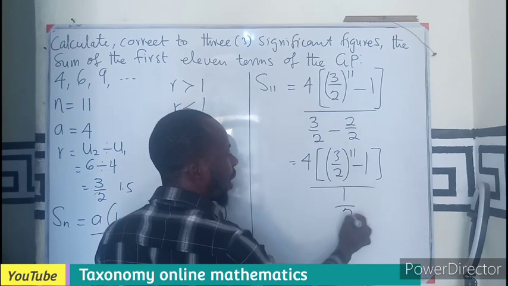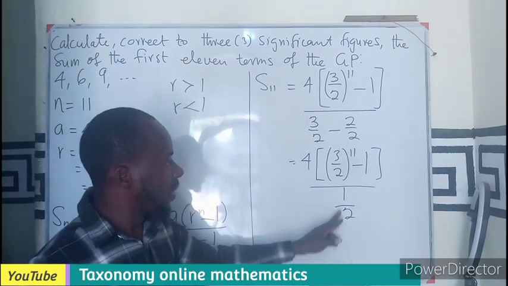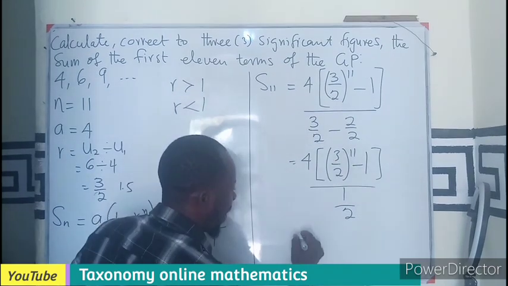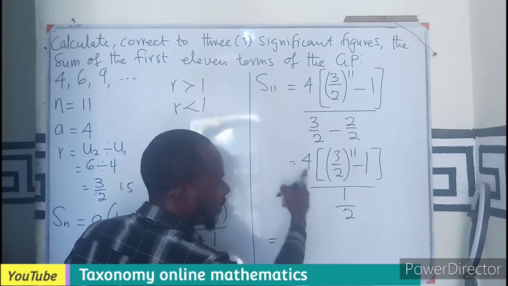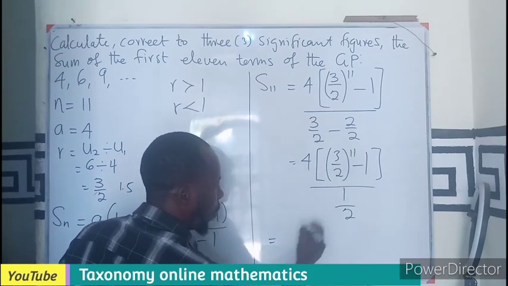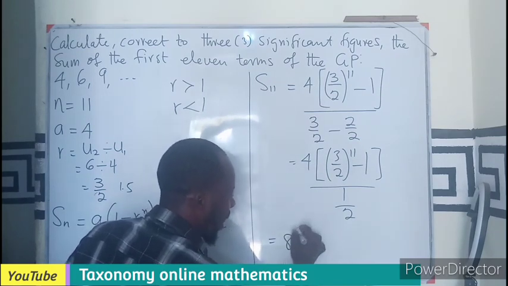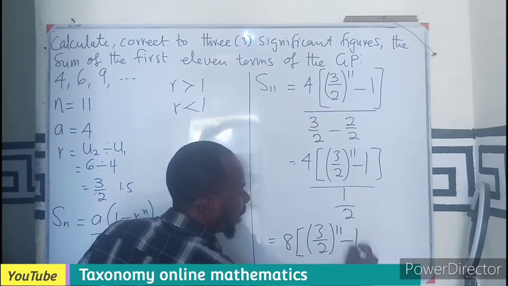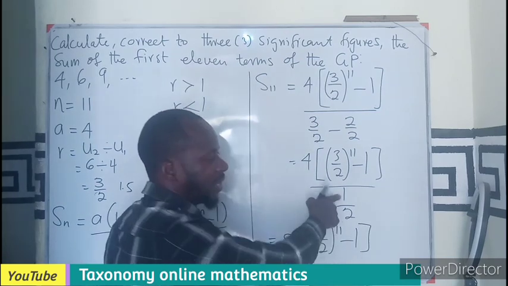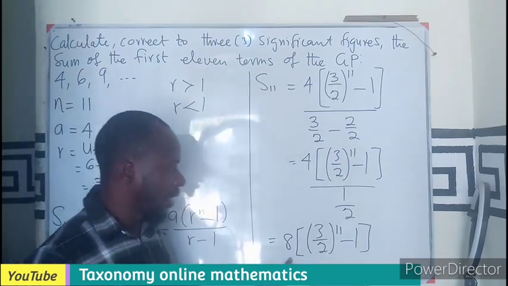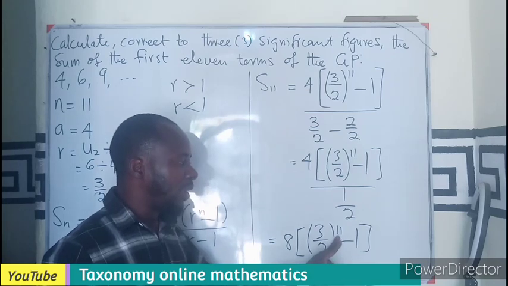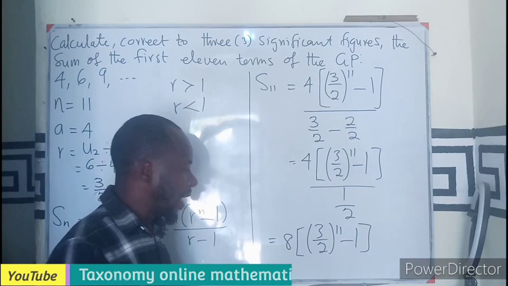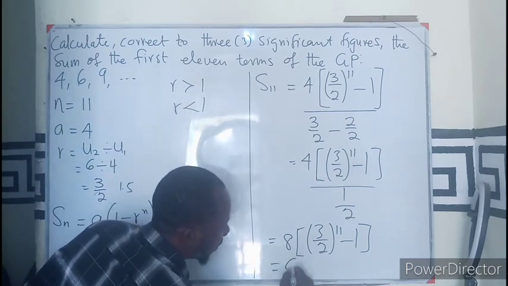Then your denominator will come up. Since this is a double division, the denominator here goes up to multiply, and that gives us 8. 2 times 4 will give us 8. Then we have our (3 over 2) exponent 11 minus 1, all over 1, which is our numerator. So from here, we punch this into the calculator, subtract 1 from it, multiply that by 8, and that will leave us